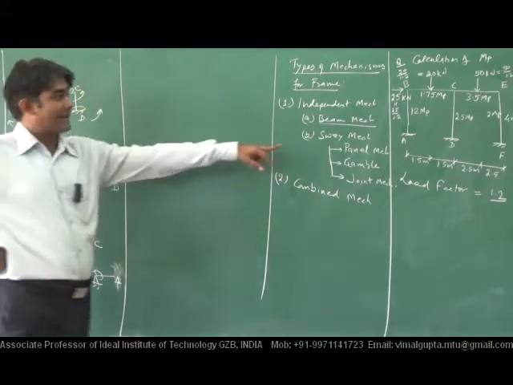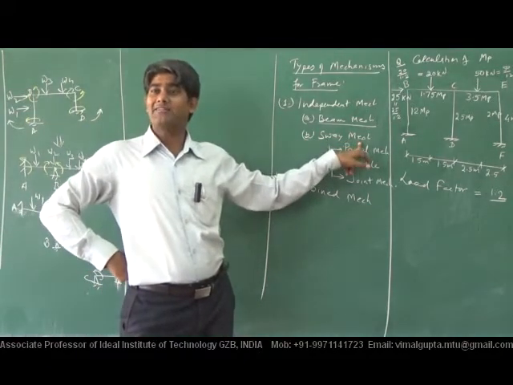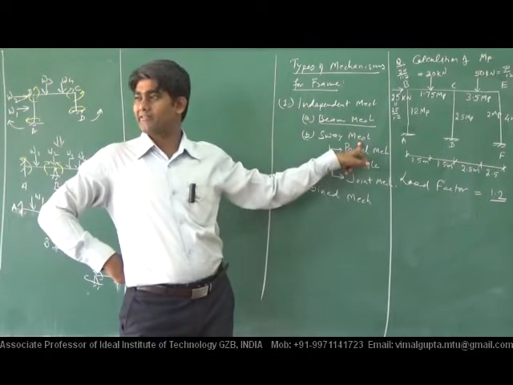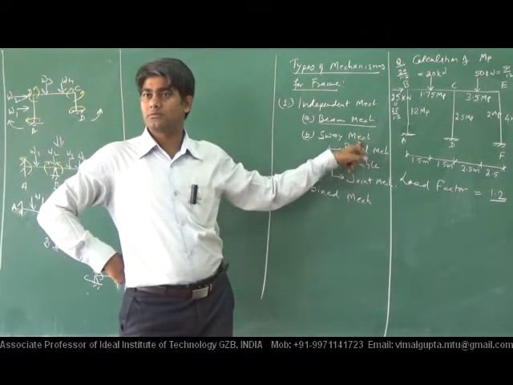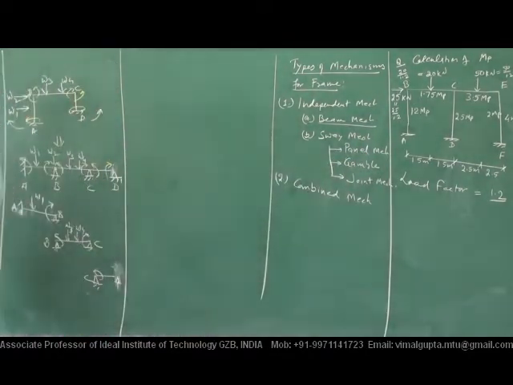Now, the second thing, the sway mechanism. What is the objective? The objective is to consider the stability of only the joints. Remember it: only joints, every joint. How many joints does this frame have? 4. Which ones? Joint A, joint D, joint C, and joint B.